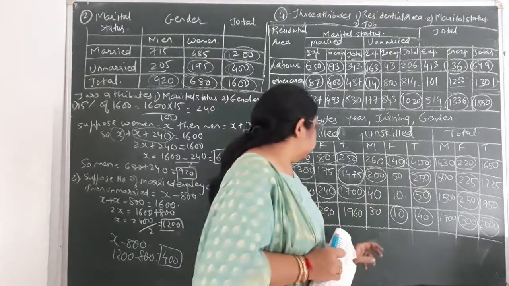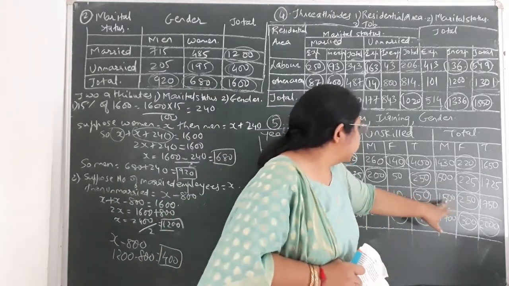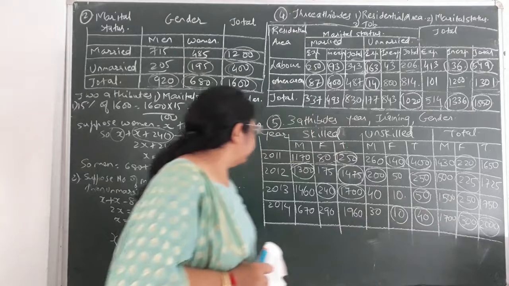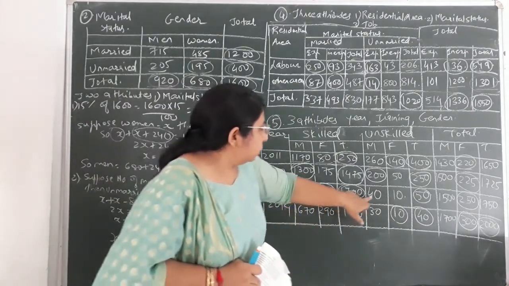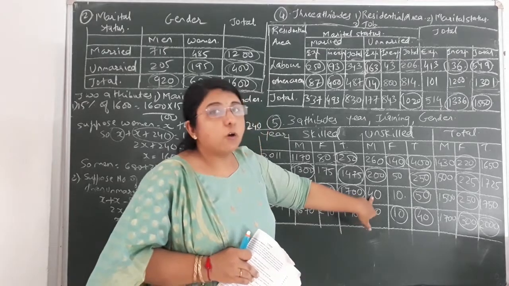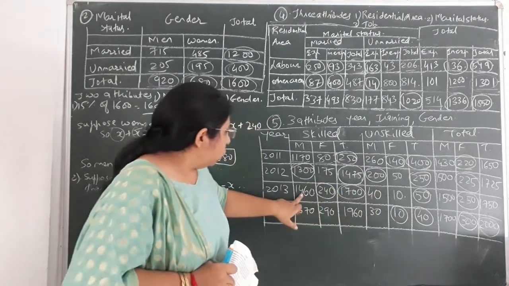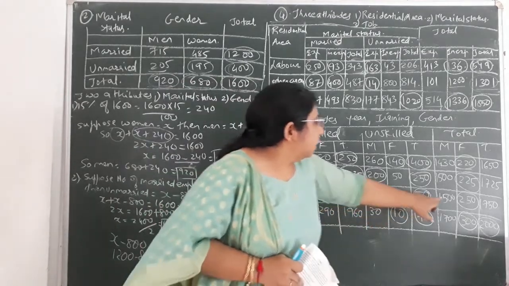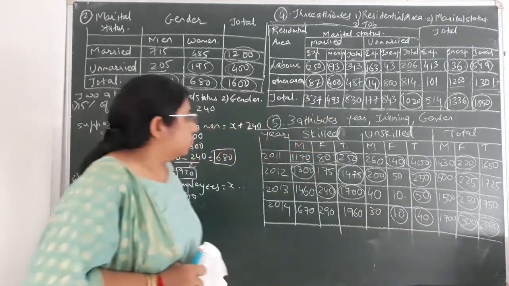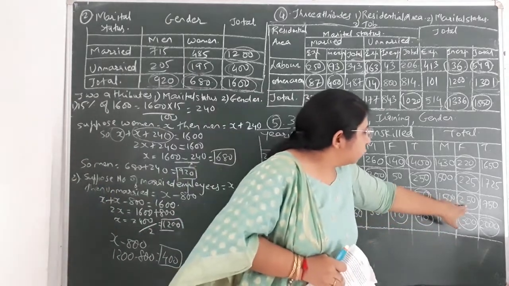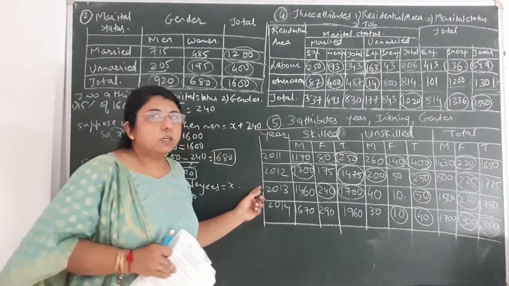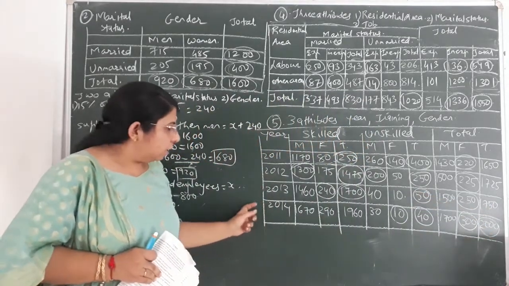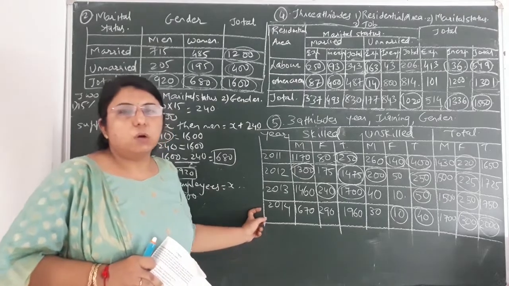Okay, and the last value, that is 250 is given to you. How to find 1500? Now 1460, that is the total number of male skilled workers, and 40, that is the total number of unskilled male workers. So 1460 plus 40, you will get 1500. Okay, and then afterwards 1500 plus 250, total that would come to 1750. Now after clearing the year 2013, let us find the remaining data of the last year, that is 2014.